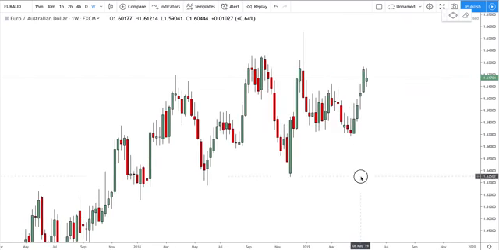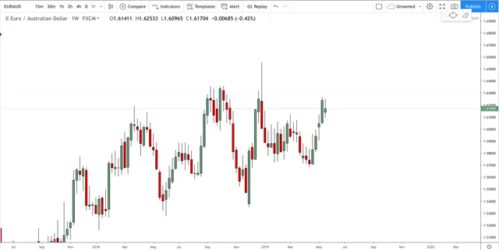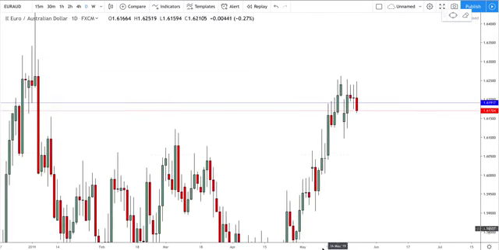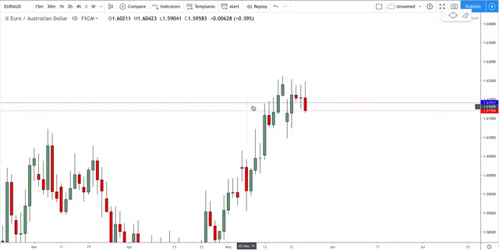So Euro AUD on the weekly chart, sort of have this head and shoulders here. So you can see this resistance. We came up and tapped that last week and the week before. On the daily, you can see here, we're struggling around that resistance level. We've had 1, 2, 3 pushes up again, really just struggling all around this area. 1, 2, 3, 4, and then we've had that bearish engulfing daily candlestick, a little bit like I mentioned on Euro NZD just a minute ago.